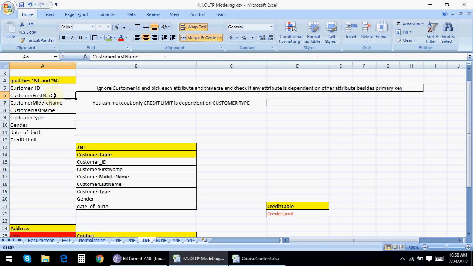Let me pick customer first name and traverse throughout the records and see if any record is getting dependent on customer first name, and similarly middle name, last name. We'll pick each attribute and traverse throughout the records to make sure there is no interdependency besides the customer ID. So let's start with customer first name.